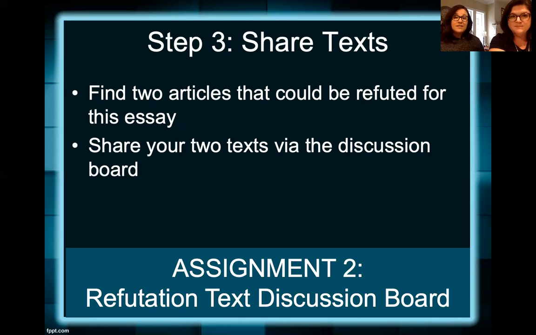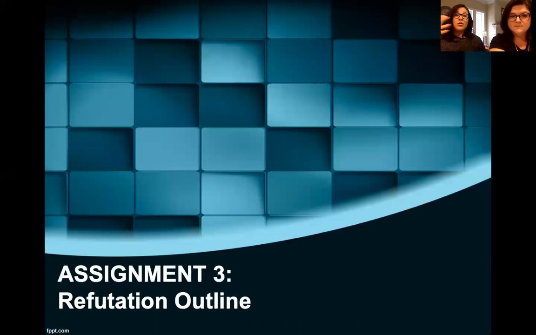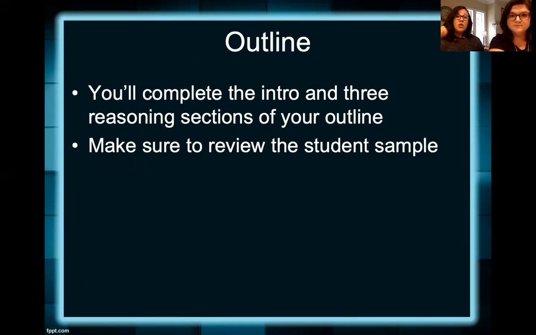Now, once you have your text and you've learned about the fallacies, then we're going to start outlining this. So you'll complete the intro and the 3 reasoning sections of your outline. There are other sections, but if you look at the assignment description, it shows you which ones to complete. There's also a student sample on there, so you can take a look at how a student laid it out. It's very similar to our previous outline of using point, illustrate, explain for those sections, except instead of the points being about the ways in which the speaker makes an effective argument using the rhetorical appeals, the points will be about how the speaker makes an ineffective argument using logical fallacies or some of the other things that we discussed. Absolutely. So this outline should not be something new to you.